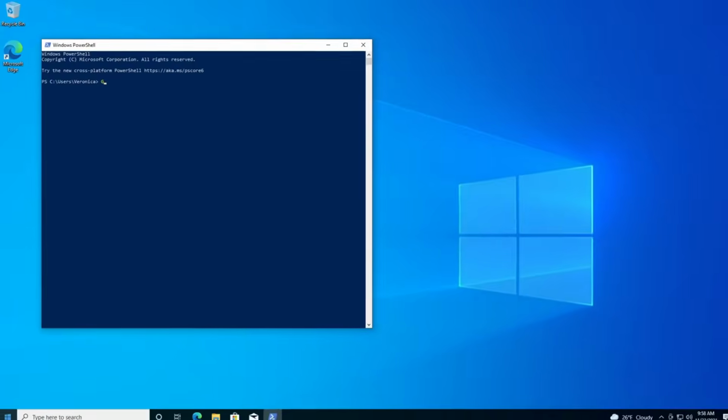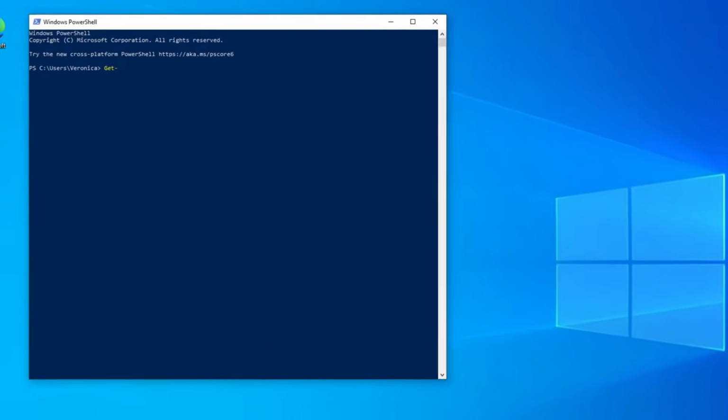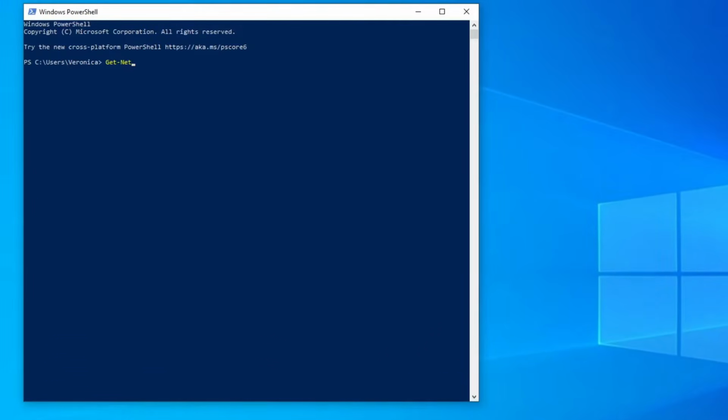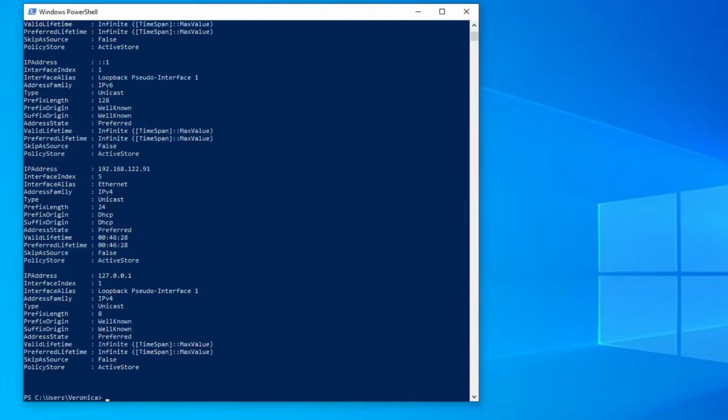I'll also show you a PowerShell way because I'm an equal opportunity terminal nerd. In PowerShell, you can use the cmdlet Get-NetIPAddress to show you the IP address for your machine. Note that you'll want to make sure you are using the right device's IP address. In my case, I want the Ethernet IP and not any of this other stuff.